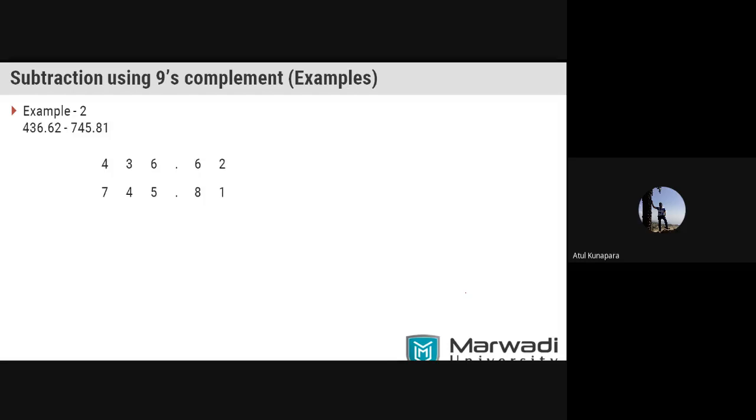Okay, suppose this is the example. Now you are performing reverse subtraction. In the previous example we did 745.81 minus 436.62. Now here we are doing the reverse, that is 436.62 minus 745.81. So obviously you can see here that 436.62 is a smaller number than 745.81. That's why your answer is going to be negative, right? So if you perform this subtraction here, your answer will have a negative sign. That means it will be a negative number, right? If we just obtain that subtraction here first,